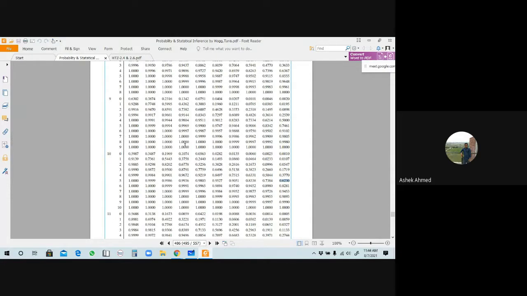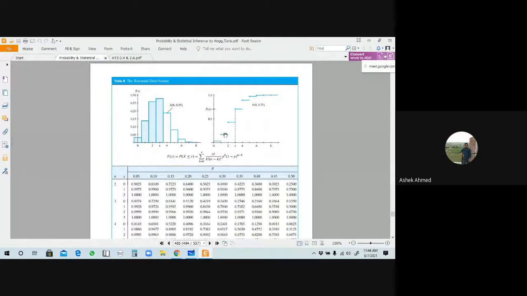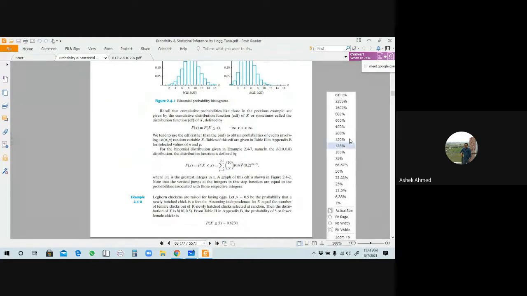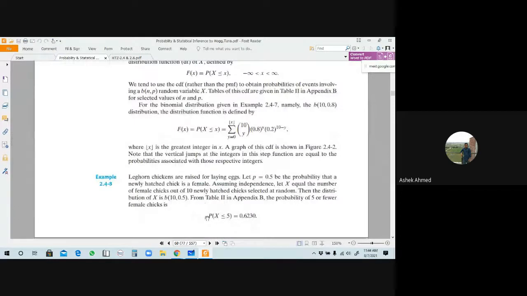Okay, বুঝতে পারছো? রেসপন্স মি। These are the graph of CDF. Page was 68. আমি এটা ডিসকাস করছি।